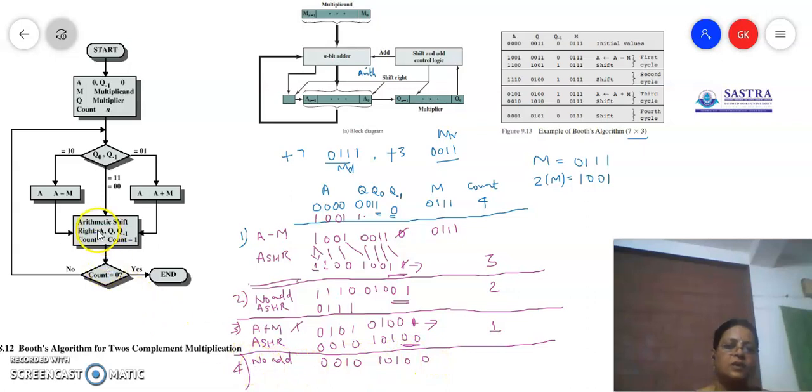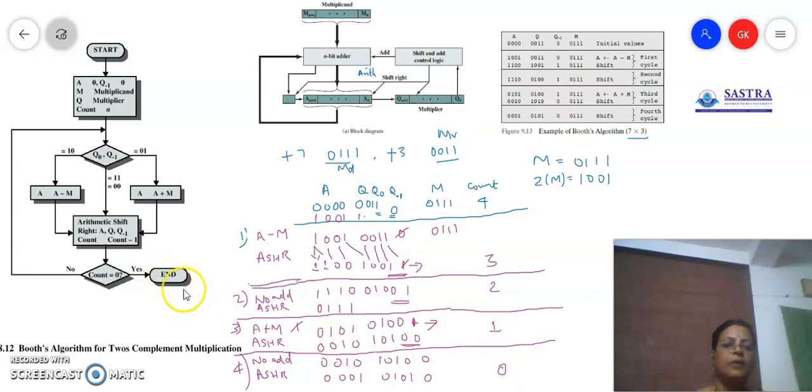After doing this, you are expected to do arithmetic shift right. So ASHR, you have to do arithmetic shift right. Okay, so the 0 will be retained as such. The 0 will come here, 0 1 0 1 0. The 0 will come here, 1 0, then this one, and then 0 will come here. Now after doing this arithmetic shift, decrement the count, so you will write the count as 0. So once the count has reached 0, then you can come to the end.